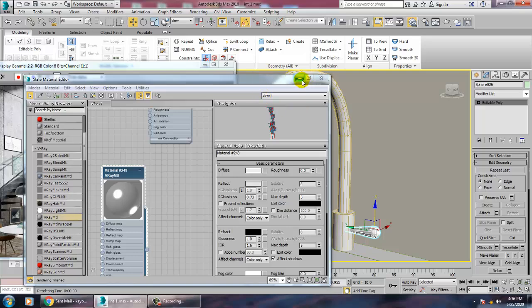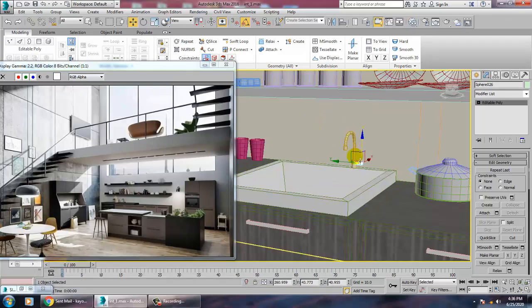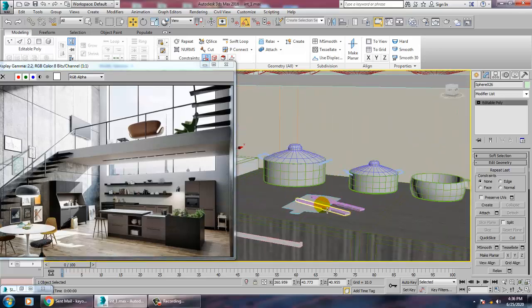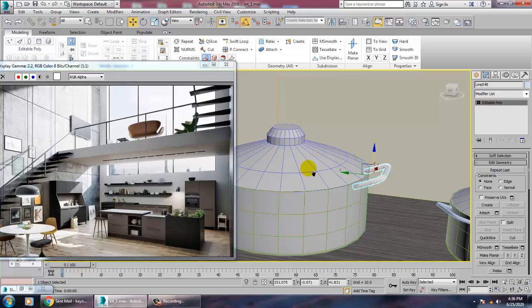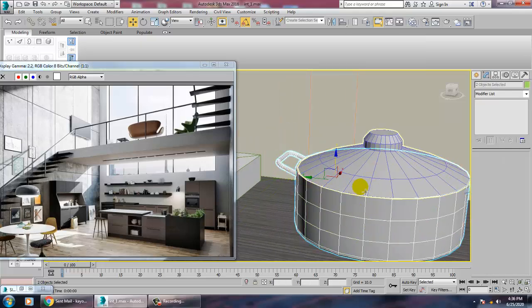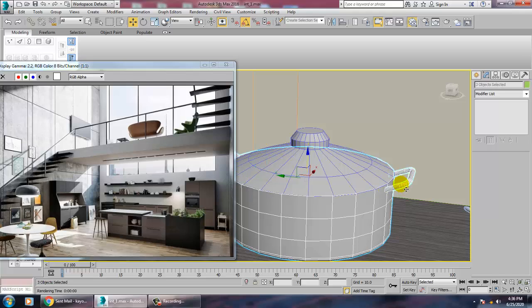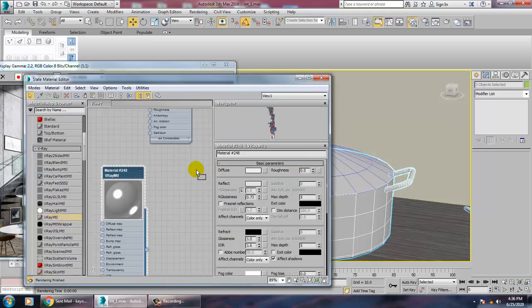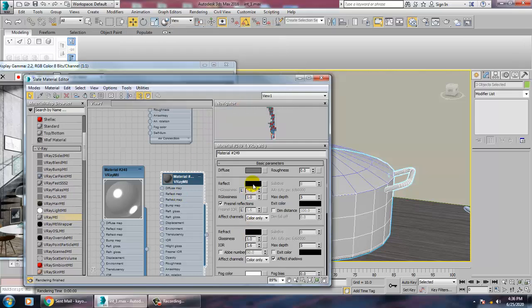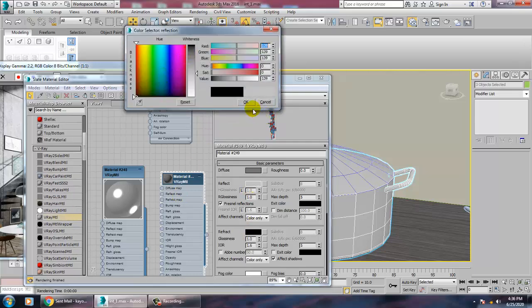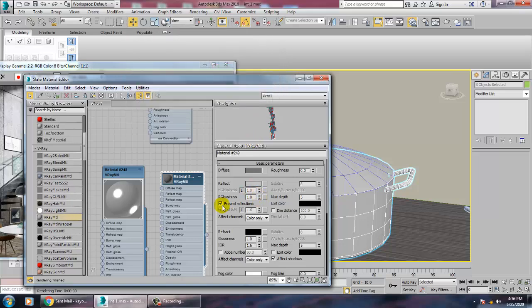So as you can see over here, we have done this. Now we definitely want to give a bit of metallic to this all. So we'll be giving the same metallic texture. But if you want to give some other kind of a metallic look, you can just change the color of the metal over here. You can make it more blackish or something. Give it a bit of reflectiveness. Activate this, Fresnel reflections.